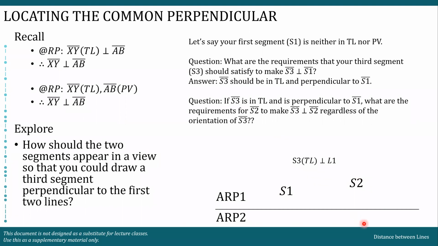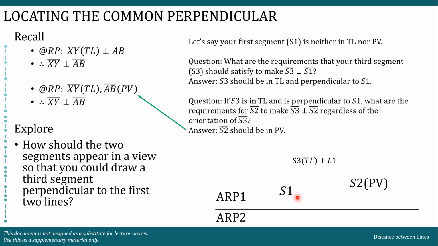Kasi kunyari magpo-project tayo from another view, kung given na sila completely, then the orientation of S2 might not be perpendicular to the S3. So ibig sabihin, we go to this next na requirement. If we draw S2 as PV, regardless of the orientation of this S3, since TL si S3, kung gagawin nating S2 is point view, then we can have S3 perpendicular to S2 in 3D space. So kaya nating malocate ang common perpendicular if we can have a view